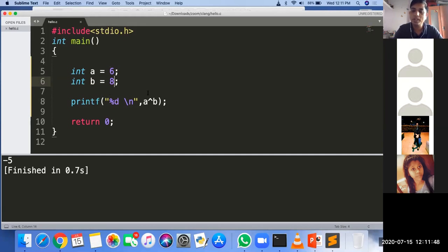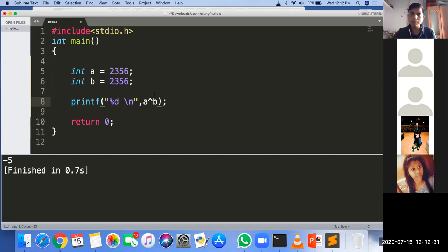In some MNC exams this type of question comes, like 365 and 768, or 2346 and 2356, and A XOR B. If you don't know that formula, you convert 2356 into binary and then do the XOR, and it will take at least 1 minute.